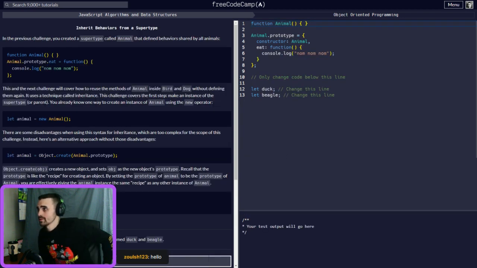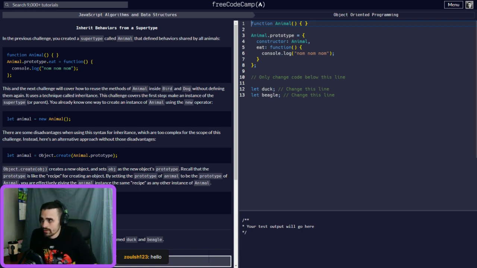So let's look. In the previous challenge, we created the super type, right? So this and the new challenge will cover how to reuse the methods of animal inside bird and dog without defining them again. It uses a technique called inheritance. The challenge covers the first step, making an inheritance of a super type or parent.